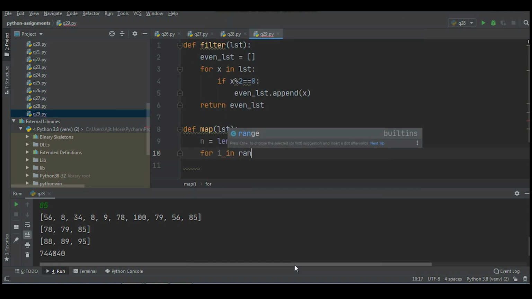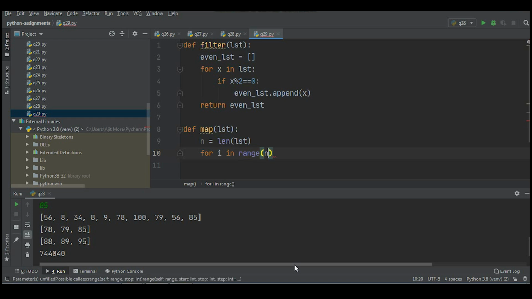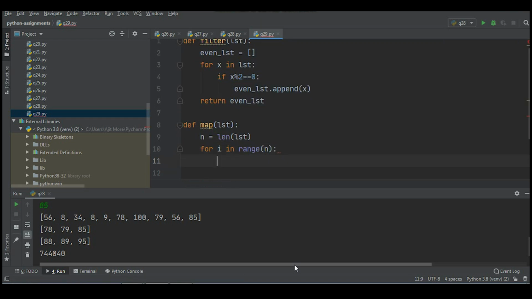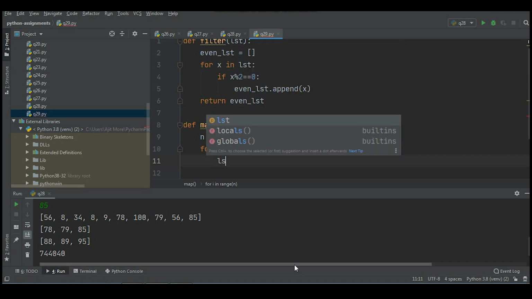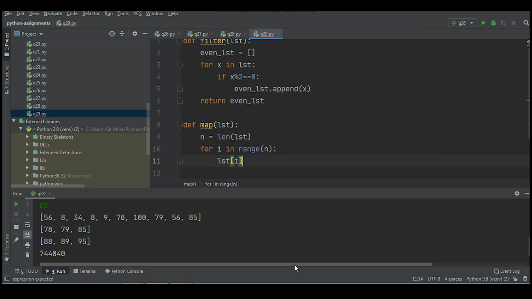I'll write a for loop: for i in range, and I'll pass n to it. Is it clear to you? This for loop will go for how many times? N times. Now what I'm doing is writing LST[i] *= LST[i].